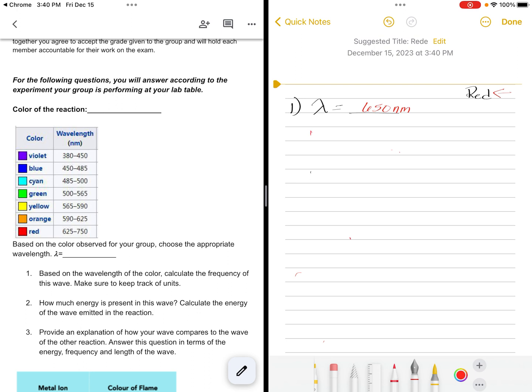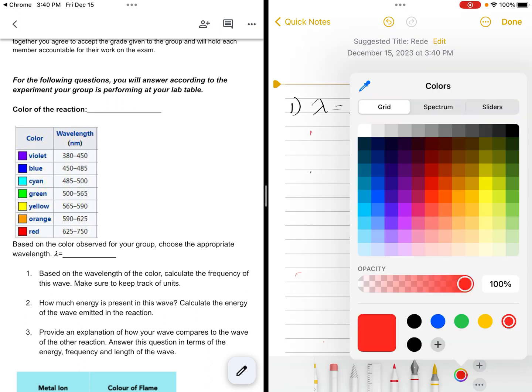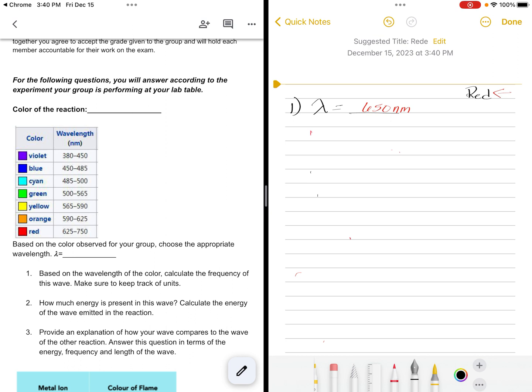So if I'm assuming that I saw red, that's going to put me, according to the scale here, between 625 to 750 nanometers. So all I had to do was pick a value between 625 and 750. Now, once I have my value, I have to understand that this is going to use the formula wavelength is equal to the speed of light divided by the frequency. Now, keep in mind that this is in nanometers. So if I have 650 nanometers,